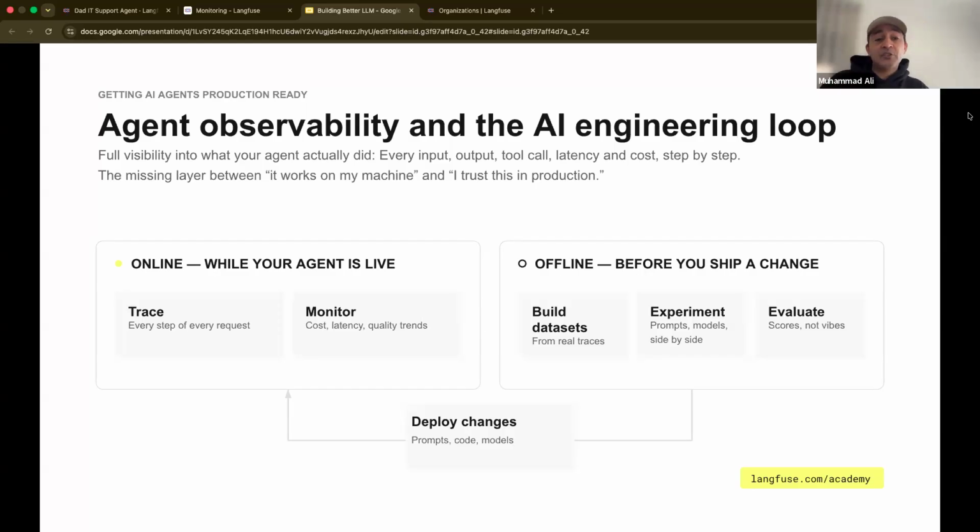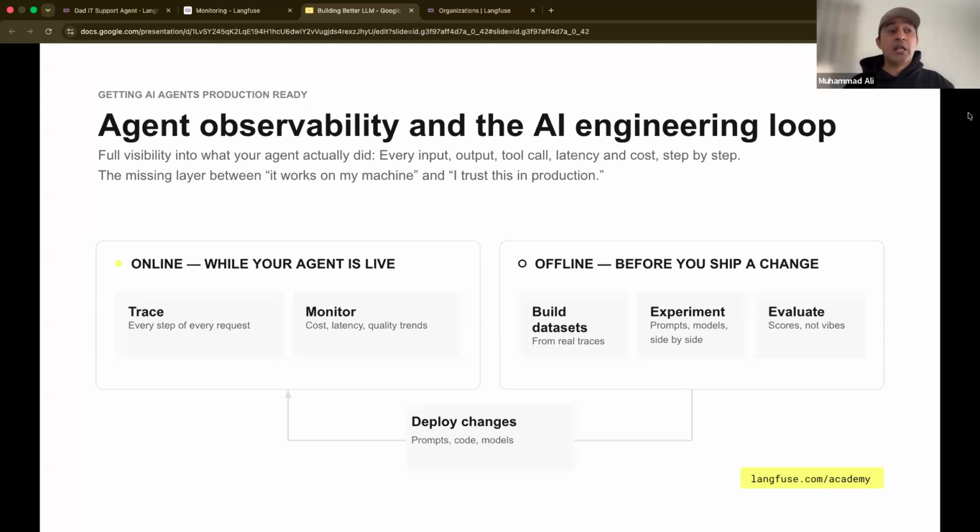And then there are things that you do offline in your dev environment, which is essentially saying you will create a golden data set, or what we normally call a data set in our terminology, which is either synthetic or from your users or SMEs, providing input questions. So what are the possible questions your agent is going to receive?